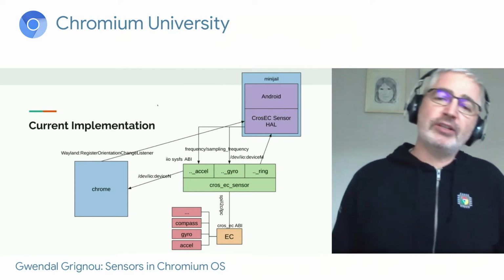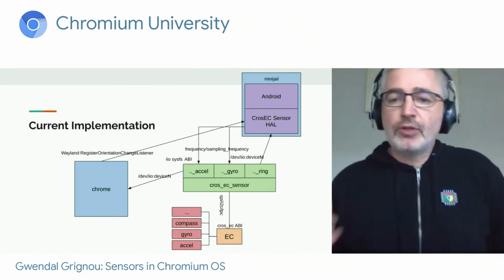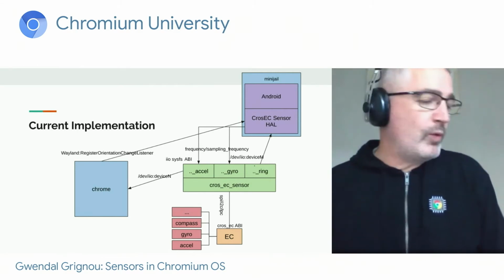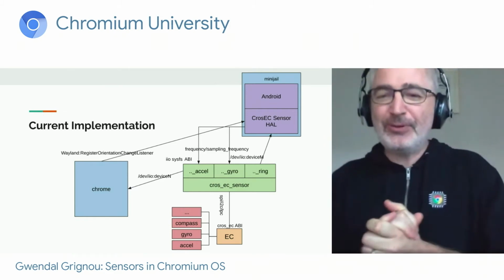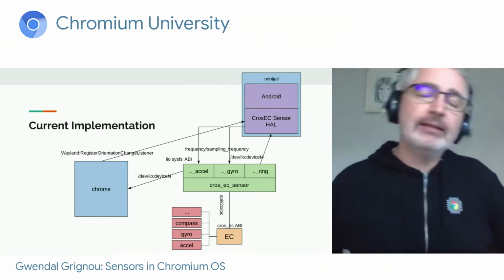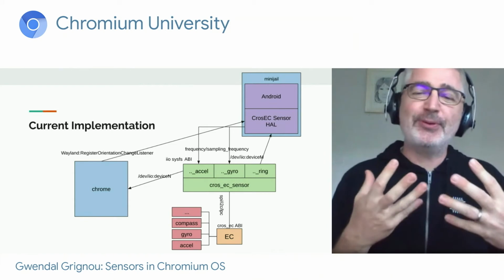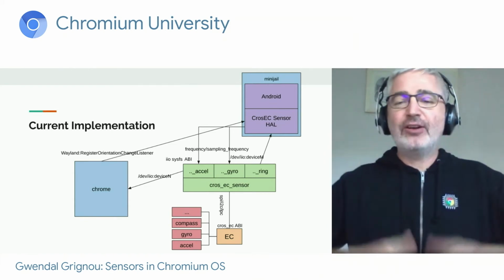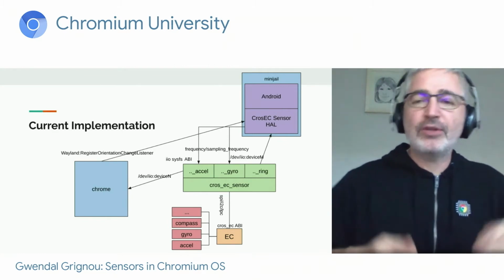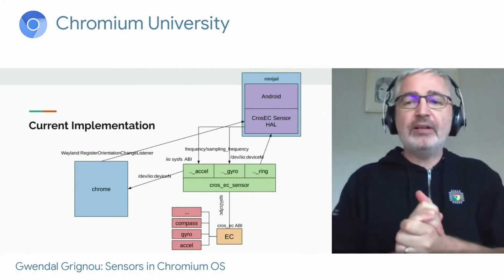That's the current implementation. There are several problems with it. The big one is that when I worked on it about four years ago, I introduced a driver called cros_ec sensor ring, which is not upstreamable because it's not a driver for a particular sensor. It's just a driver that collects all the sensor information and sends it to Android. So it is not upstreamable, and moreover, it doesn't work with VMs.